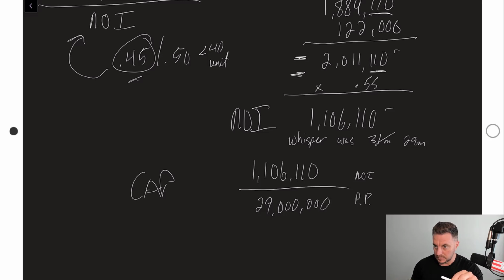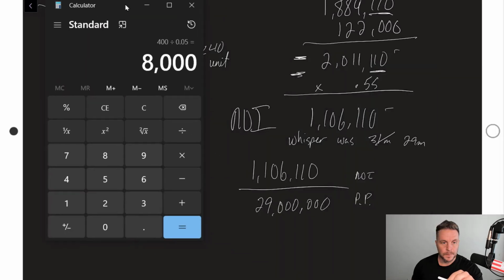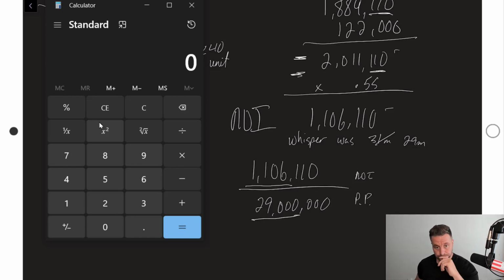So we can actually do this real quick. All right, so clear, and this time I'm only going to do it by the thousands. So watch this. I'm going to use these numbers right here. That's going to work because it'll tell me what I want to know. So 1106 divided by 29,000 thousands, basically 29,000 thousands equals